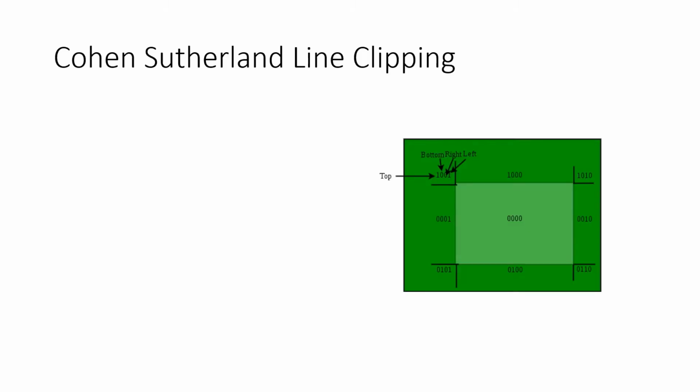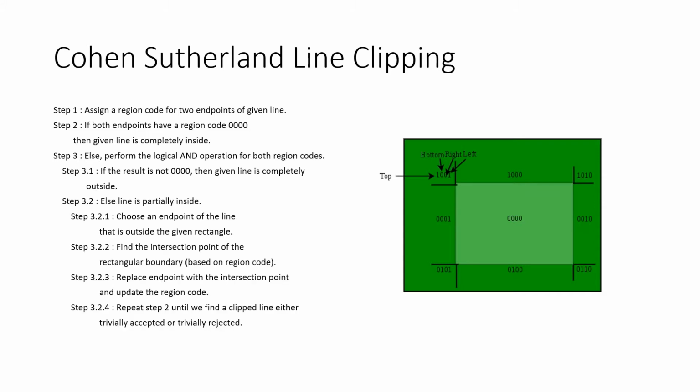In the last lecture we already discussed line clipping and point clipping, and we also discussed the Cohen-Sutherland algorithm related to line clipping. Today we are going to continue our lecture from the clipping portion, and we are going to discuss polygon clipping. But before going on to polygon clipping, let's revisit what we discussed in the last lecture. We discussed Cohen-Sutherland line clipping, in which we saw these algorithm steps. First of all, we have to generate the region codes.